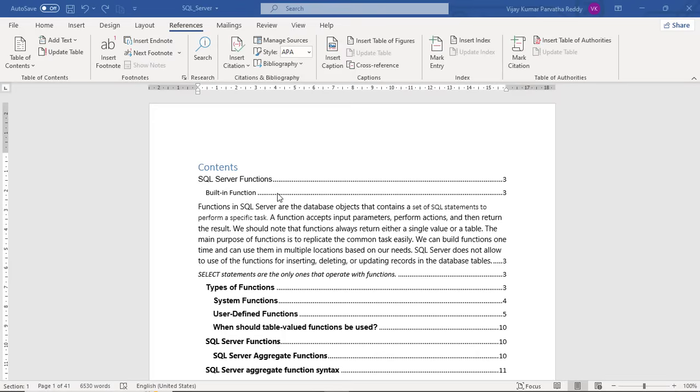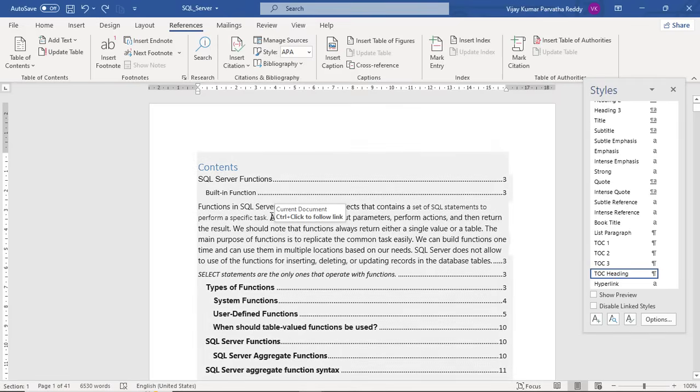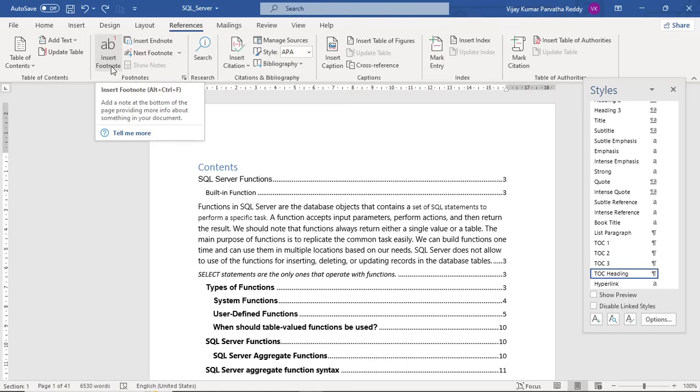So, to place a footnote or endnote, first you have to go to the References tab. In the References tab, we have the Footnotes group. See, the Insert Footnote option is there.